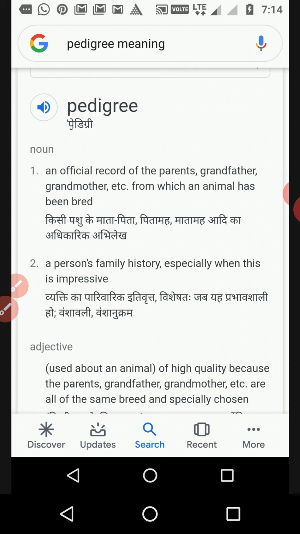So these are the special characters of the family, that belong to some genetical diseases in their family, and then correlate generation to generation. So generation to generation we will make a chart of our parents and the forefathers. That is called a pedigree chart. In other words, we can say it shows a person's family history, and that history shows any type of disorder and any type of disease.